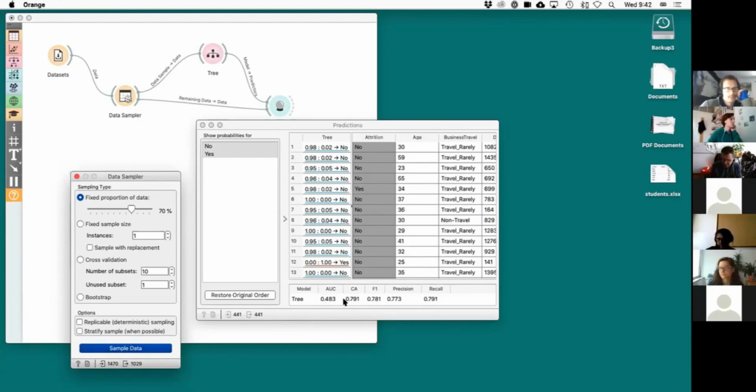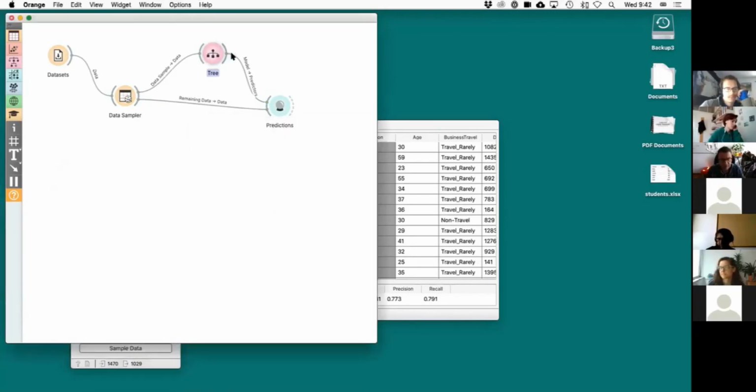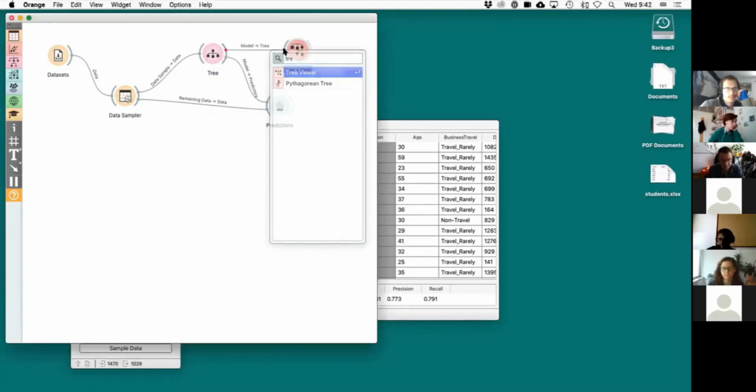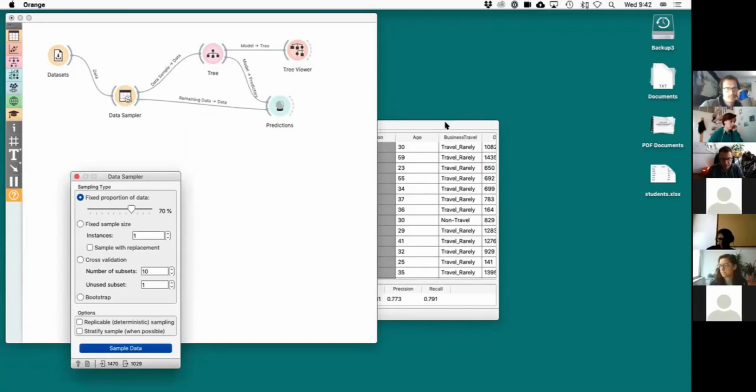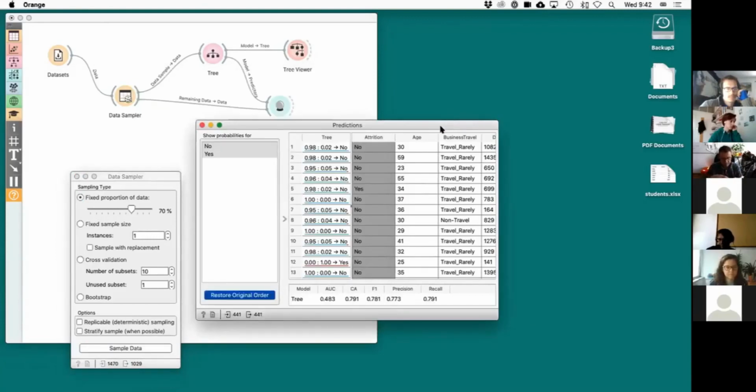The problem with that would be that this would not be the accuracy of a particular tree. I would not say that this is the accuracy of this particular tree, but the accuracy of the process of building a tree and then testing it on the test data. So an accuracy of the modeling technique, because I'm actually making 100 trees and averaging the accuracy. And so I would say that if I build a tree from the entire data set, I would estimate the accuracy on unseen data. So that's kind of important.